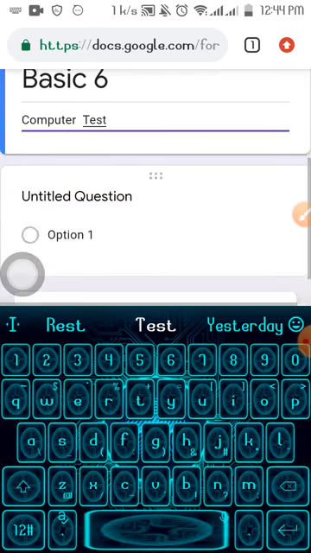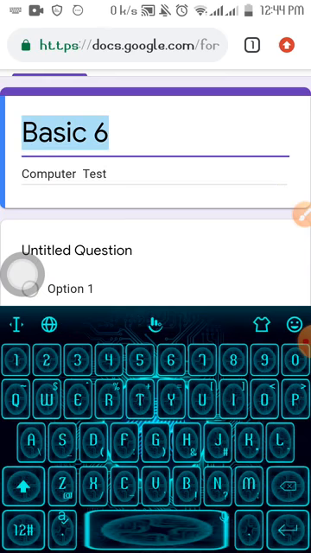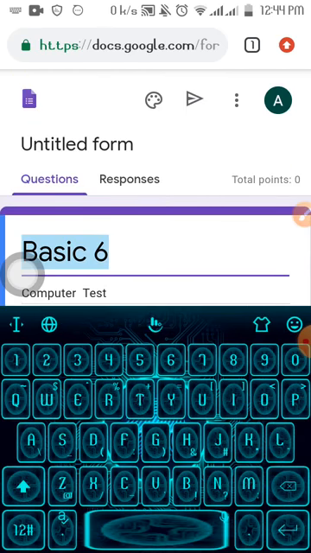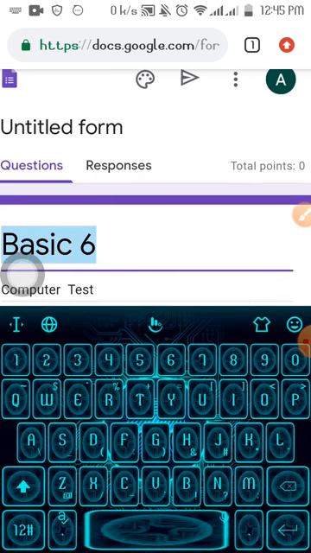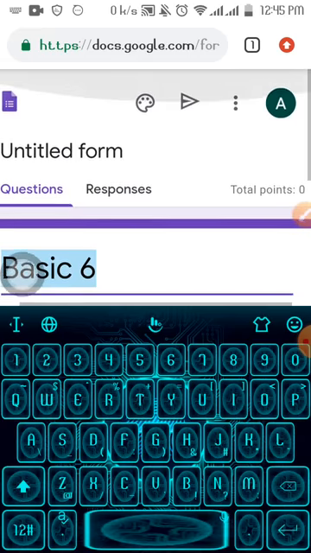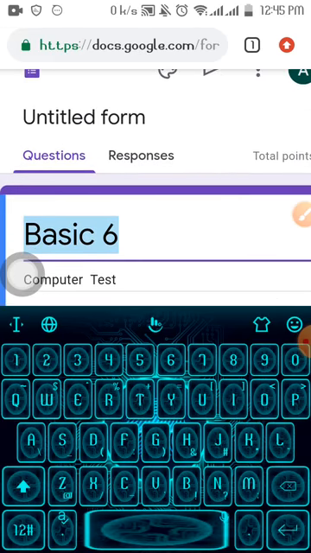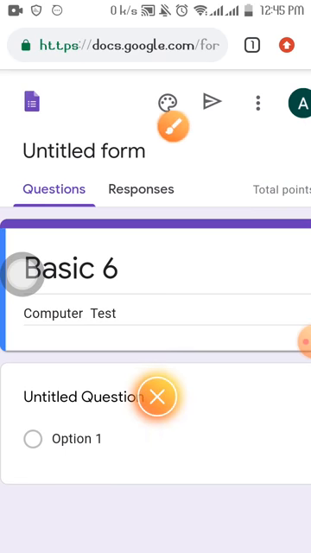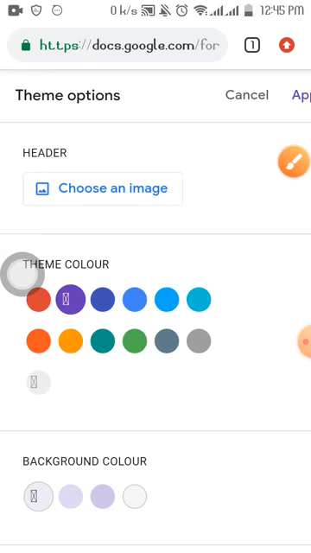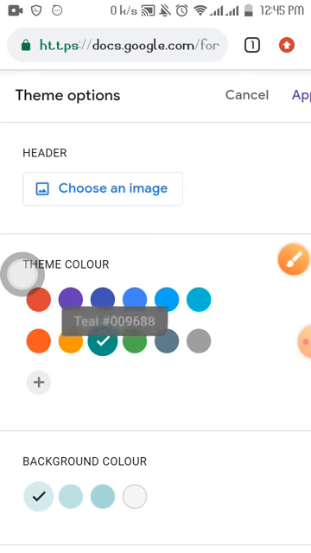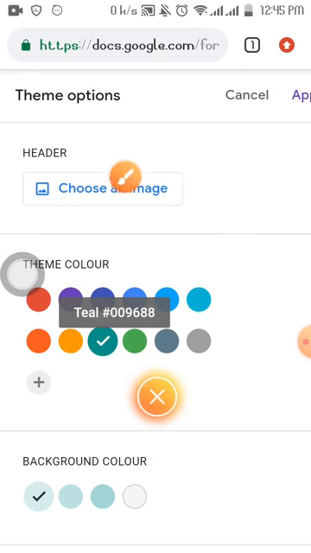That is okay. Now, before we go further, to make your work very beautiful and user-friendly and attractive to students, there are some additions you can do to make it look more beautiful. For example, you can click on this icon here, this color palette icon. When you click on it, you'll be able to change some settings, the color you want to use, how you want it to appear. For example, I want it to appear in green color. I will choose the green color here. Apart from that, if I want a header, an image to be displayed where I've written my title,